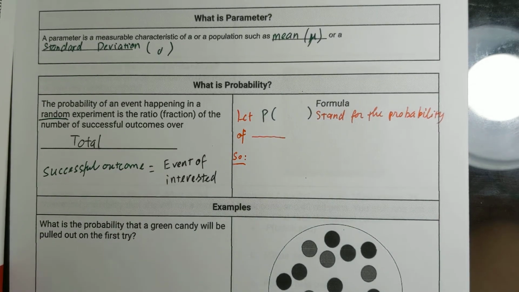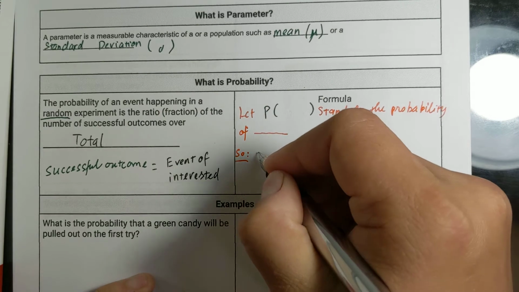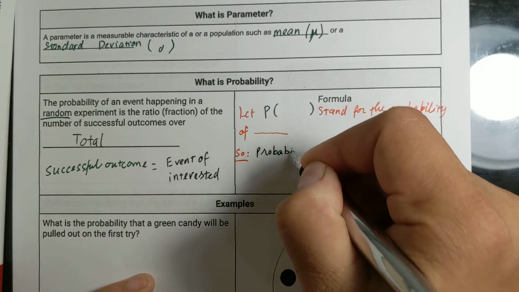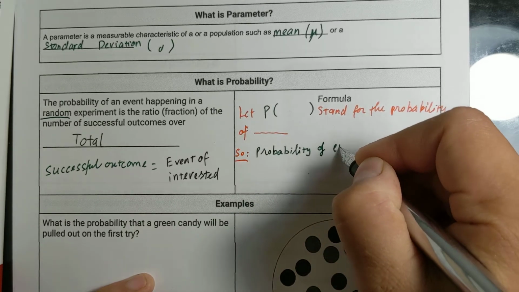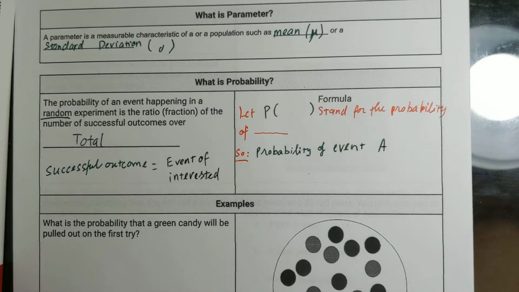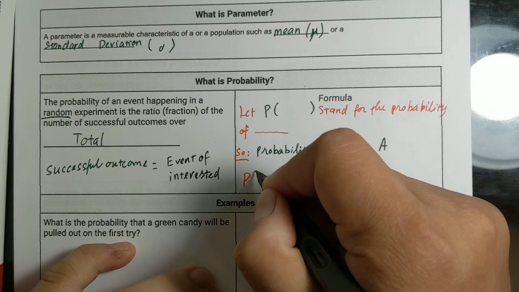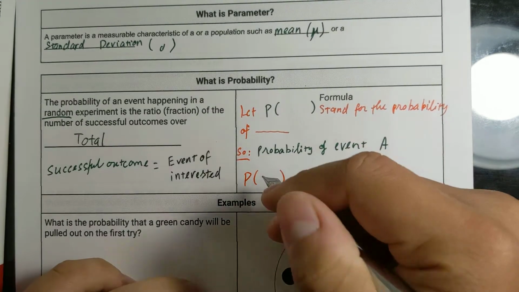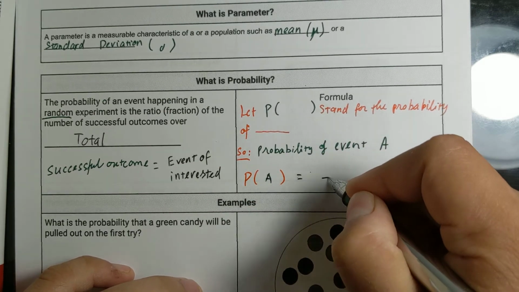So suppose we're interested in the probability of event A, that's going to look like this: P of A will equal